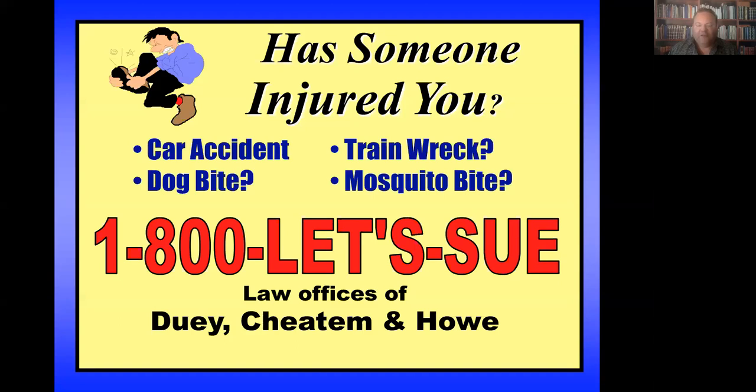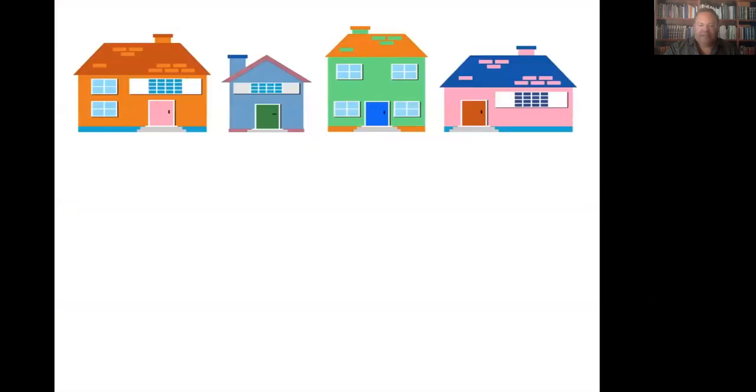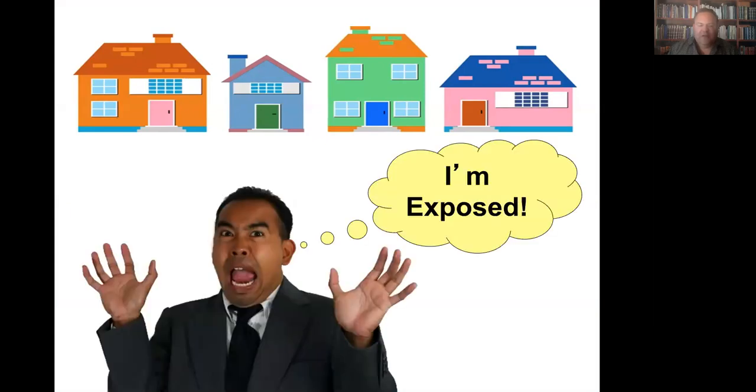So therefore, if there's no insurance coverage that's obvious, the lawyer at Dewey is going to want to know, well, what does this potential defendant own? The first thing they're going to do is look up who's the owner of the property the tenant's living in. And then they're going to search that name of the owner through the records to see what else he or she owns. And, you know, in this case, it's look at all this real estate and you're totally exposed. All they have to do is take that judgment recorded from the civil court records into the real estate records and get a lien against all of the landlord's property.